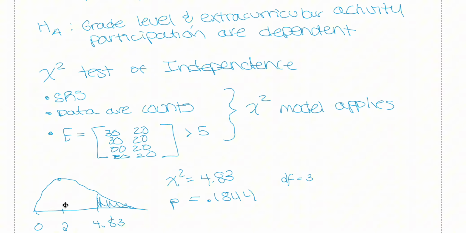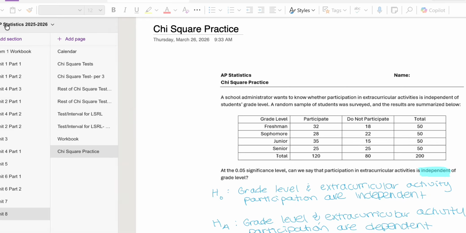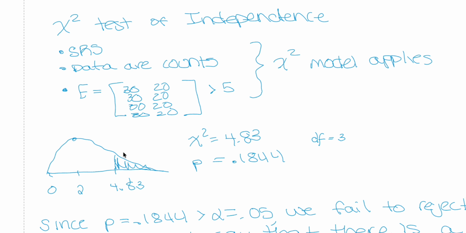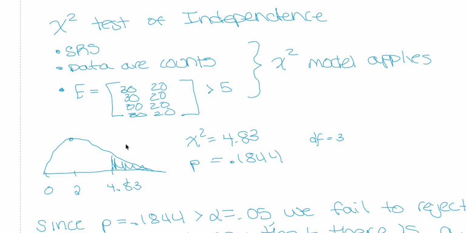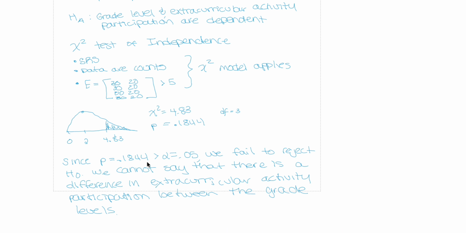First of all, the highest point of this curve, the peak of this curve is, let me refresh it a little bit. Sorry about that. Okay, so the chi-square is the number right here, and the peak of this curve is degrees of freedom minus 1. So we already know that degrees of freedom is 3. We will use 3 minus 1 gives us 2. And we will shade the region to the right of 4.83, which is the chi-square, and we will write our